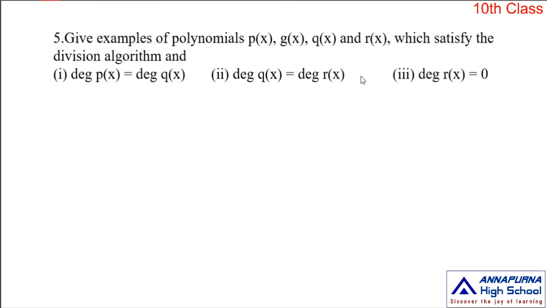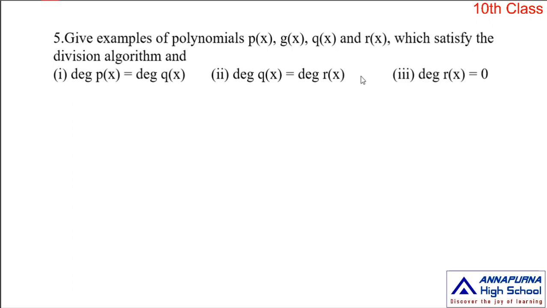Give examples of polynomials p of x, g of x, q of x and r of x which satisfy the division algorithm and the given conditions. That means you give some examples of p of x, g of x, q of x and r of x. p of x is the dividend, g of x is the divisor, q of x is the quotient and r of x is the remainder, which satisfy the division algorithm. That means p of x is equal to g of x into q of x plus r of x, and the given condition. In the given condition, the first one is degree of p of x is equal to degree